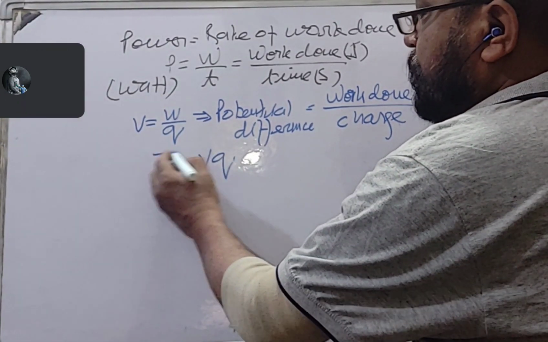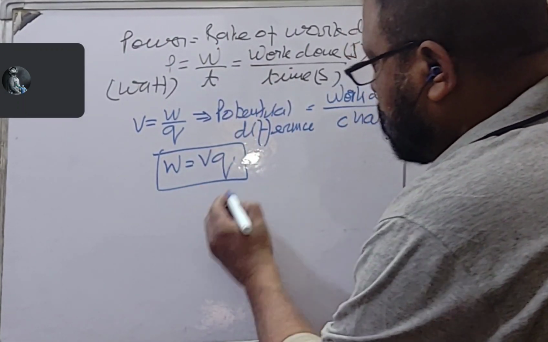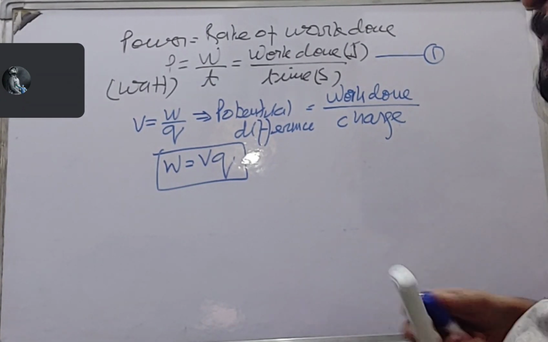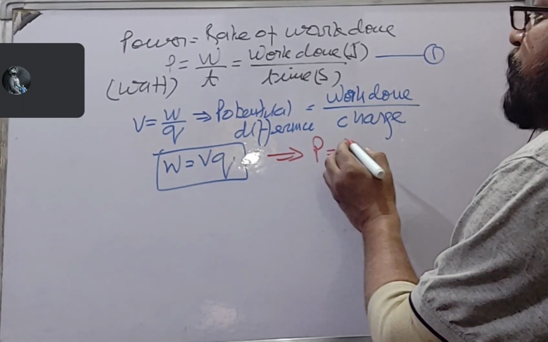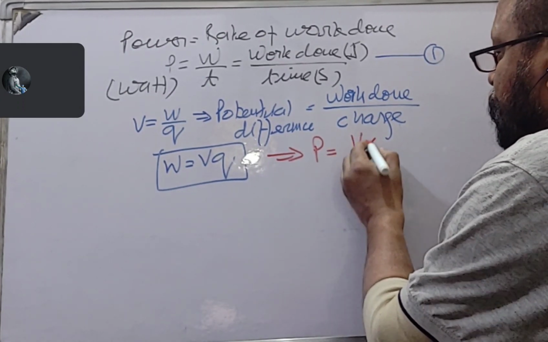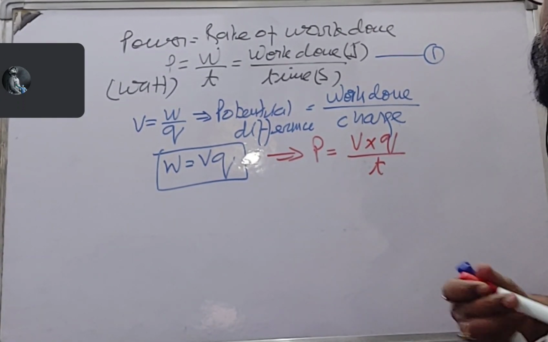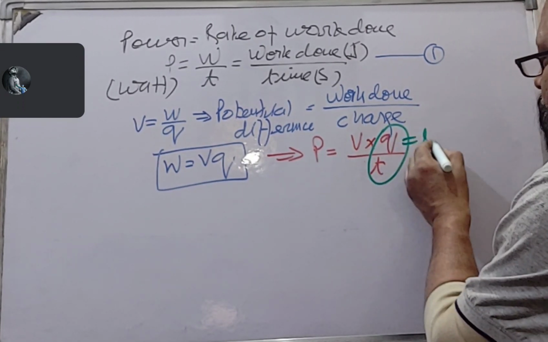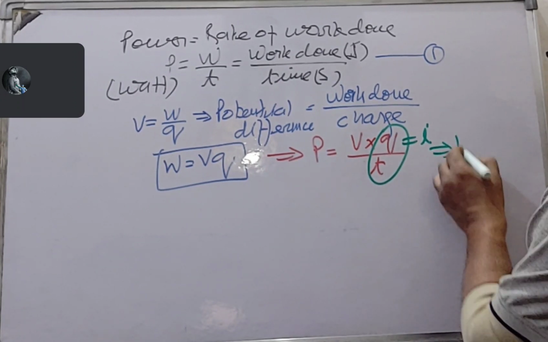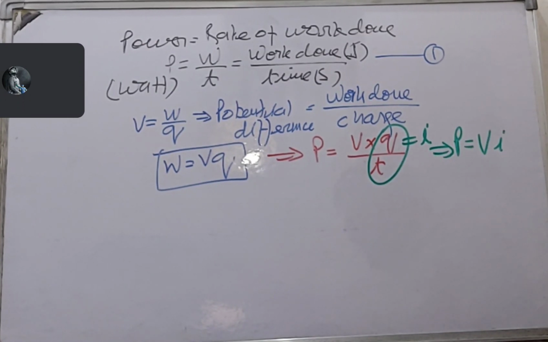Now putting this value in this equation, we will get P is equal to V into Q upon T, right? And this Q upon T is I, right? So power is equal to VI, right? First, power is equal to VI, and as we know,